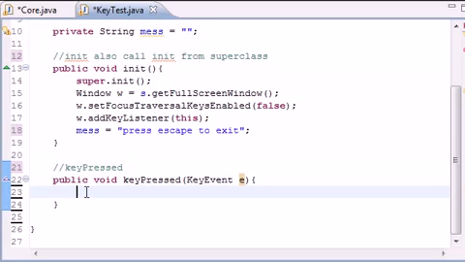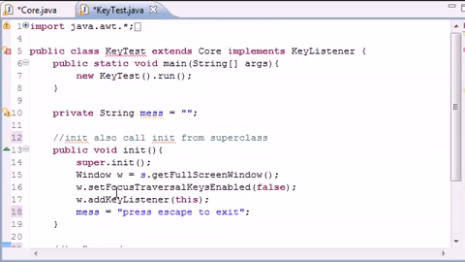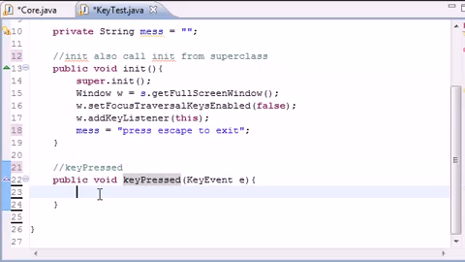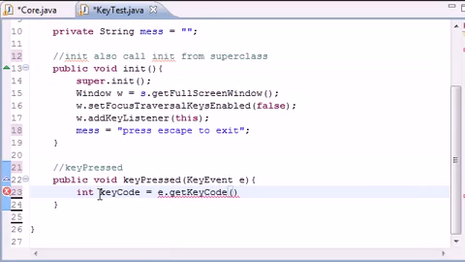So now what this method says is, alright, whenever you press a button on your keyboard, this is the method I'm going to call because that's what I know how to do. So whenever you implement this key listener class, you have a method that pops up whenever you press a button down. This is the code I want to happen. So since we got to the code, let's give it something to do. Let me go ahead and type this line, then it might make a little more sense. int keyCode = e.getKeyCode();